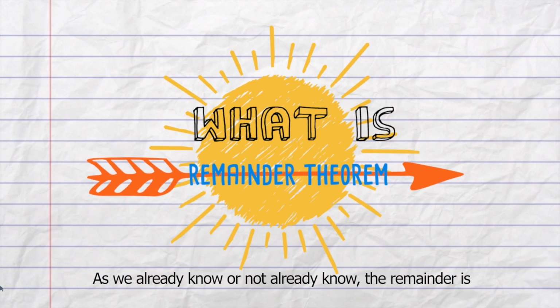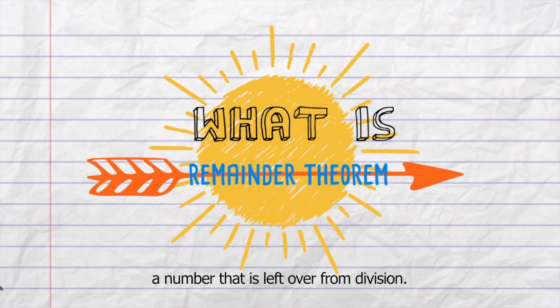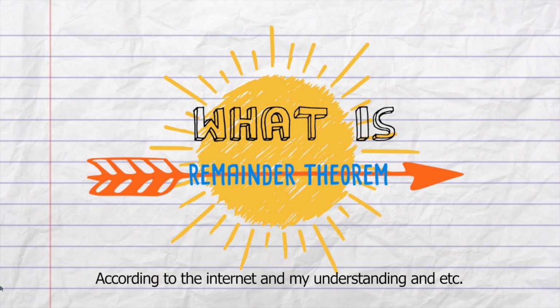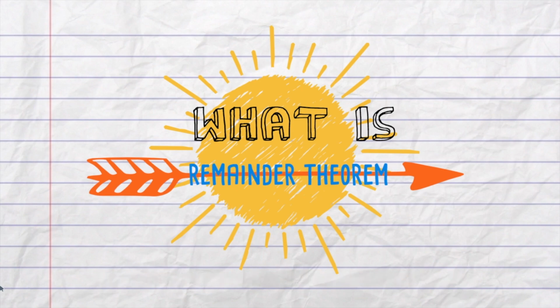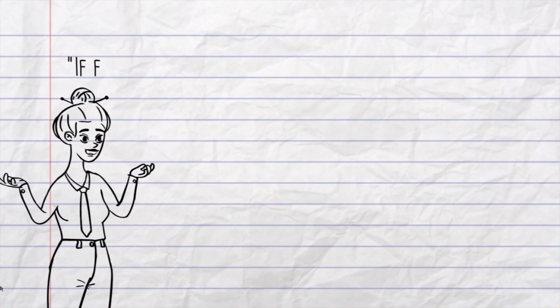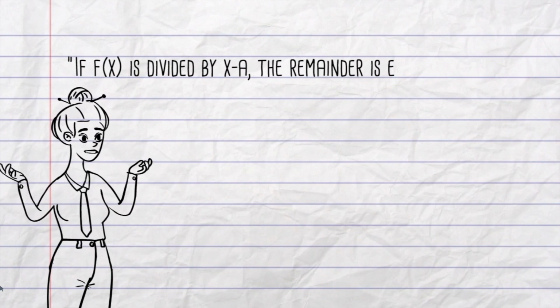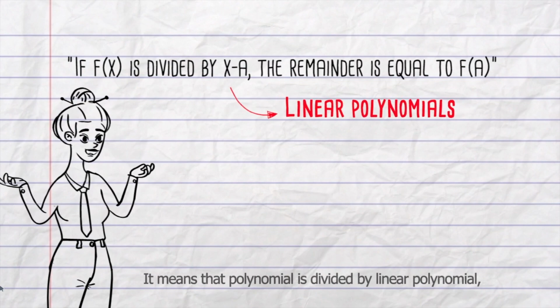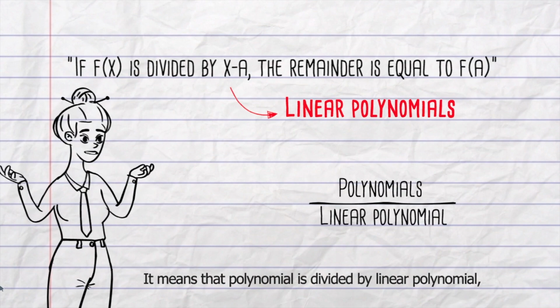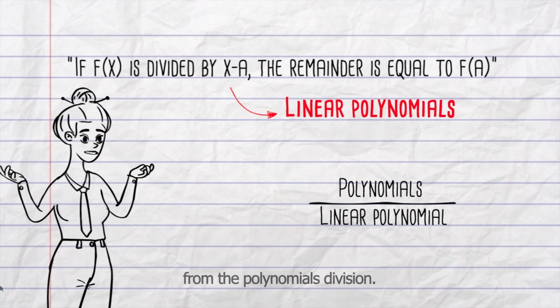As we already know, the remainder is a number that is left over from division. But what about the remainder theorem? Anyone knows that? According to the internet and my understanding, the remainder theorem is if f of x is divided by x minus a, the remainder is equal to f of a. It means that when a polynomial is divided by a linear polynomial, the remainder theorem is the remainder from the polynomial's